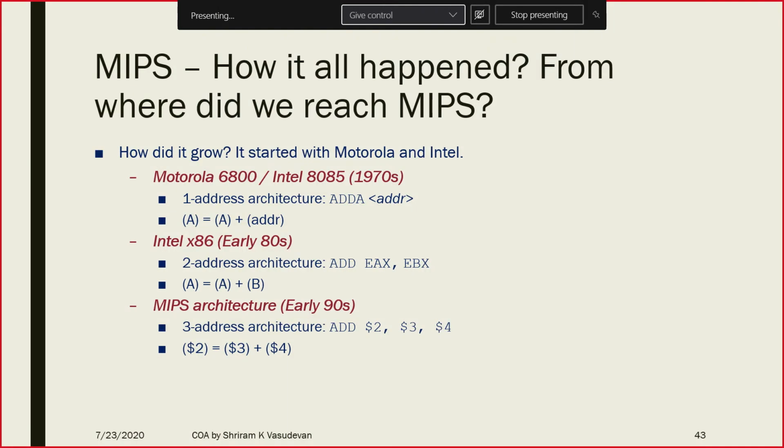And then came the x86 architecture, where we had two address architecture available. Two operands would be there by default, so A equal to A plus B is what I'm talking about. And then came MIPS architecture. Sir, how old is MIPS? It is almost as old as me. It started evolving in the late 80s and early 90s, and it is a 3 address architecture, which means we are permitted to have 3 operands. Remember, 3 operands were first introduced when you started using MIPS. MIPS was the first and the best architecture which supported this 3 address content.